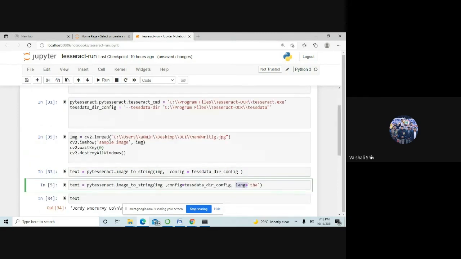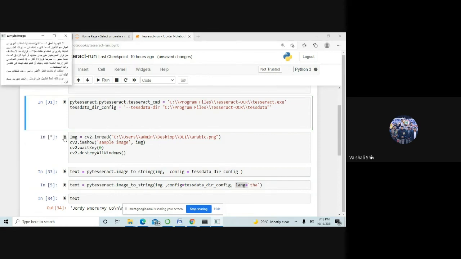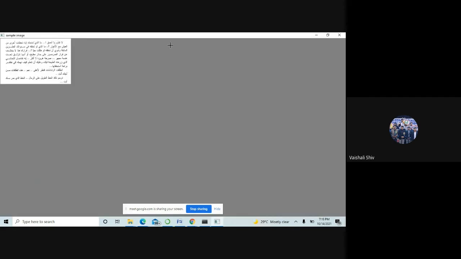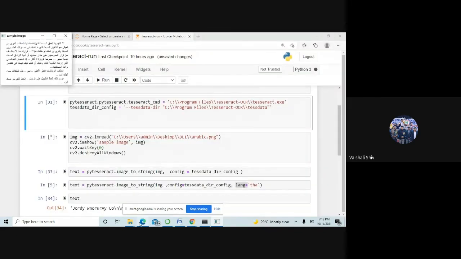So I'm giving the Arabic language here, and you can try your own. You can download yours, but that should be in the short form, matching the language present in the tessdata folder. You can check it. So I'm running this one, and this is the Arabic language, you can see, right? Everyone can see.